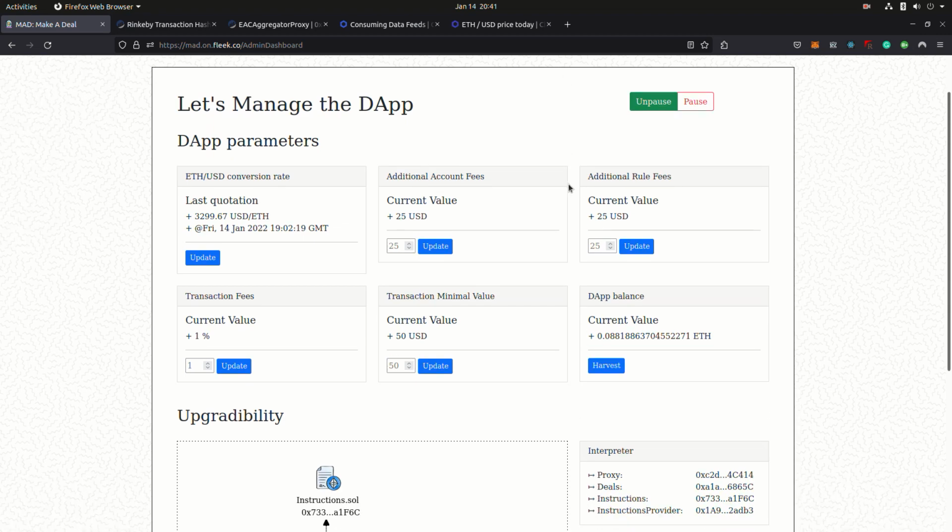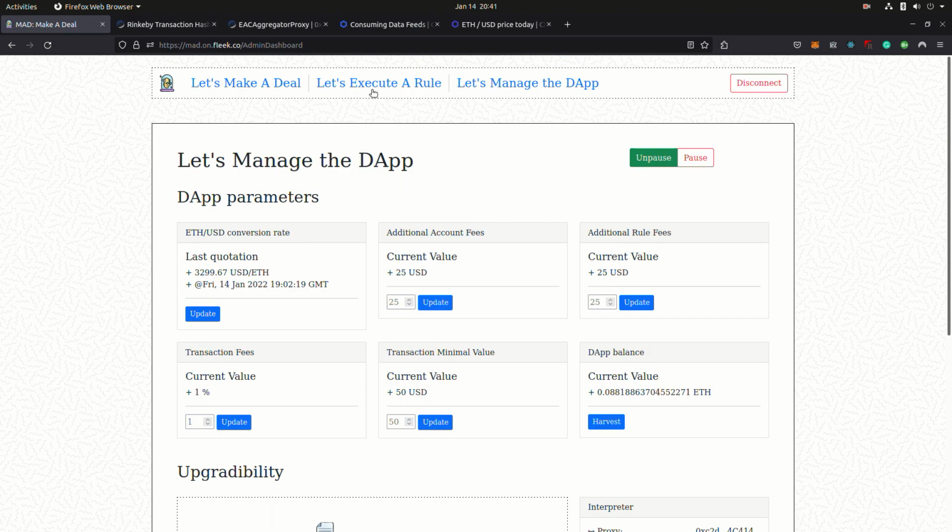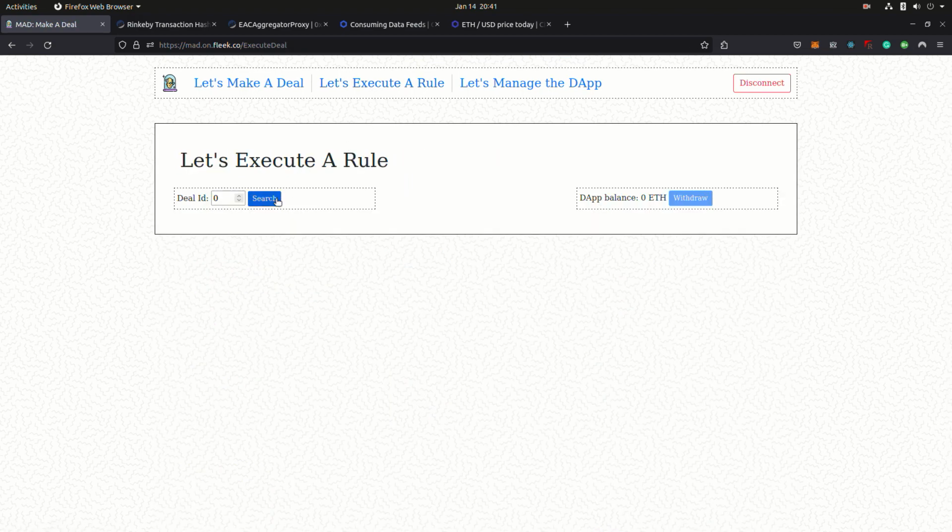In the admin dashboard you can pause and unpause the tab. You can update the last hit to USD conversion rate, change all the other parameters, account creation fees and so on, and you can also withdraw the fees that were accumulated inside the contract as payment for the execution and the deal creation. So just to show you that this amount is going to be updated after we trigger